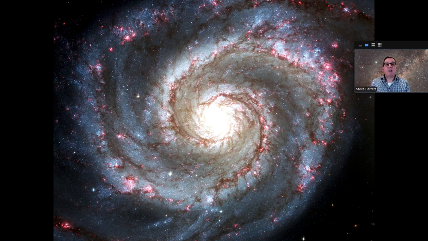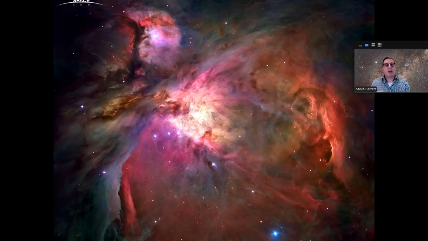In this particular case, not only do we see the spiral structure in enormous detail, but notice that we have these pink blobs pretty much everywhere around the galaxy. These pink regions are pink because hydrogen is glowing at this particular colour, and these are star-forming regions. These are hydrogen clouds which are producing a lot of new stars. This happens once the density of material gets high enough. Let's have a look at how that might happen.